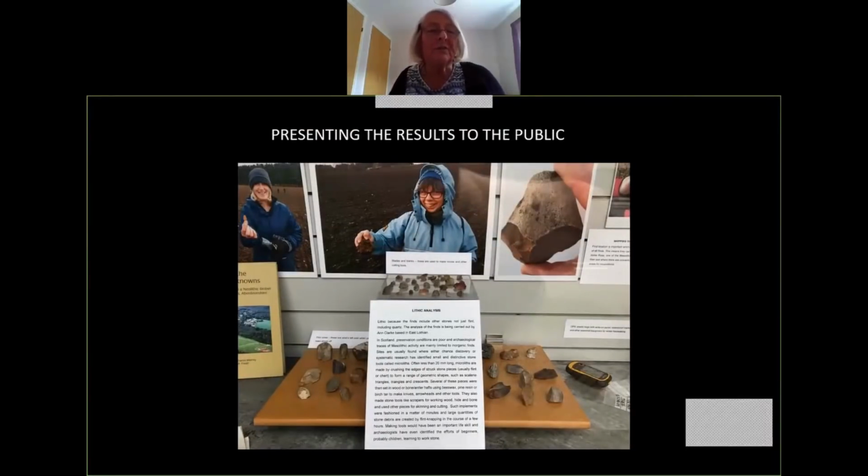So what do we do with all this information? First of all, it is all passed on to Aberdeenshire Historic Environment Record. And that's important, that the work that we're doing is fed into any future archaeological research. However, it's also part of the community heritage, and we've been very, very keen that we spread the message about who we are